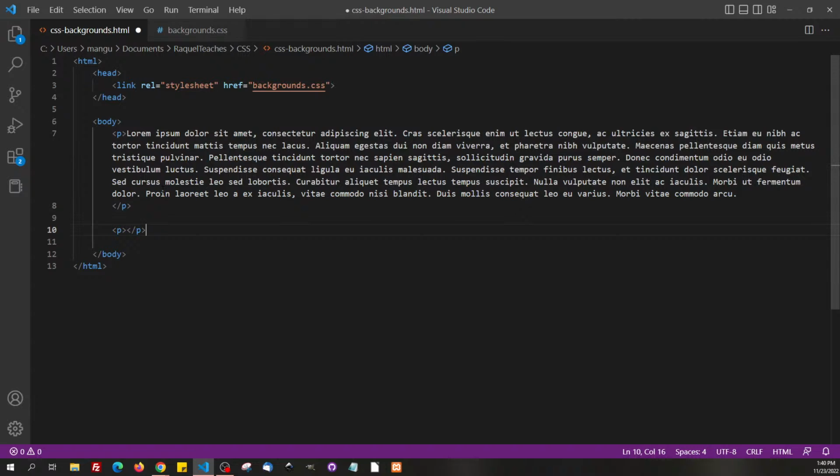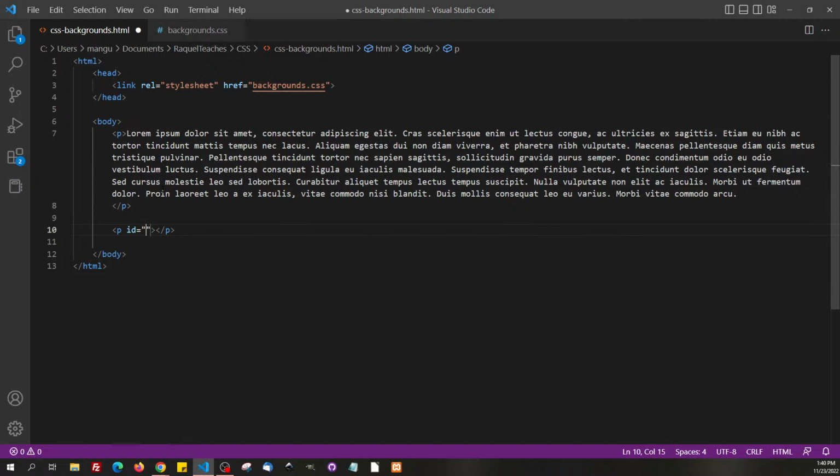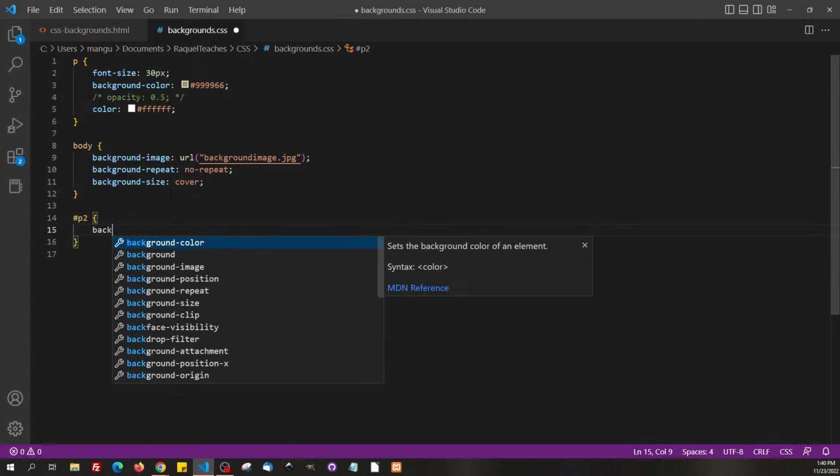I'm going to give it an ID because I want to style this a little bit differently. So I'm going to give it an ID of P2. Okay, and let's just save that. So I've added a new paragraph element with no content, an ID of P2, right? So I want to give that a different background as well. So let's go to the style sheet. Let's select P2, and what we're going to do is give it a background color